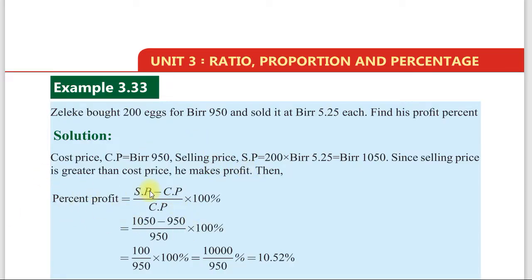So percent profit is SP minus CP over CP times 100%, which is